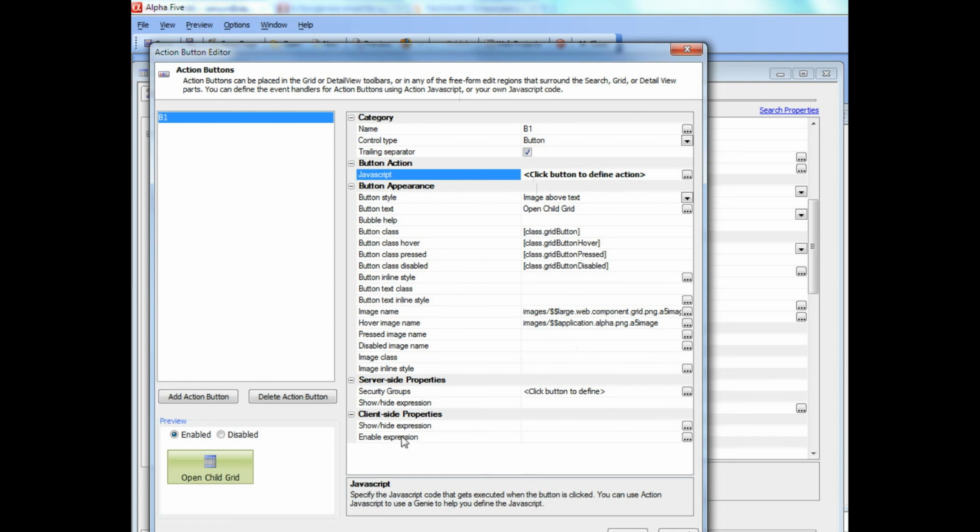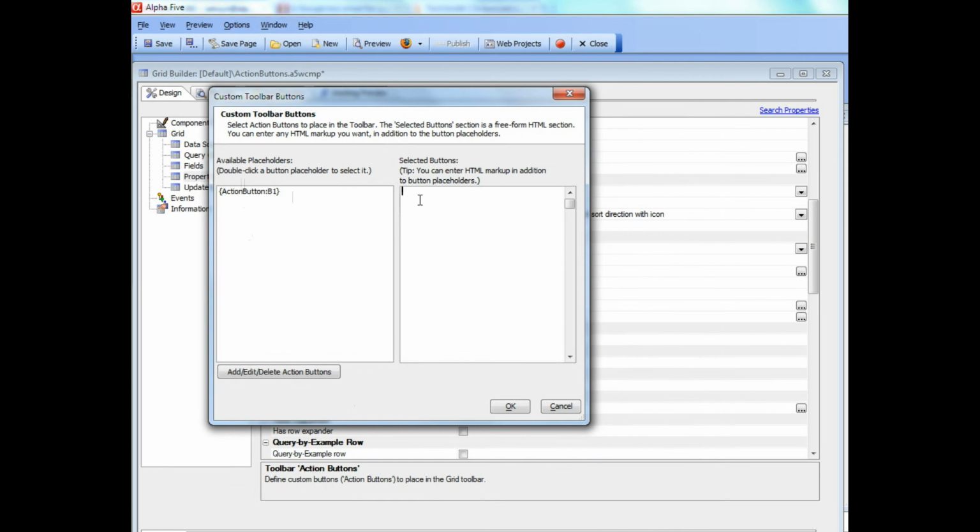What we'll discuss in the subsequent video is how you can specify security for this button, a server-side show hide expression. So this would be a show hide expression that might involve a session variable, and then client-side show hide expressions. So let's go ahead now, and now we can actually put this action button in our toolbar, but the